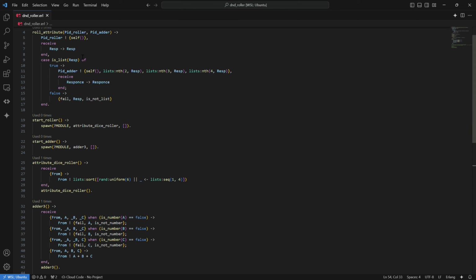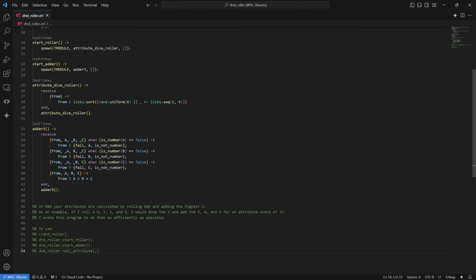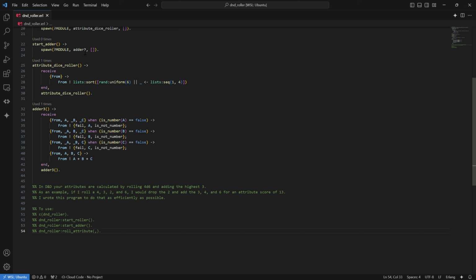For my project, I decided to make a D&D attribute roller. So attributes in D&D are decided by rolling 4d6, or in other words, four 6-sided dice. So as an example, if I rolled a 4, 3, 2, and 6, to decide the attribute, you